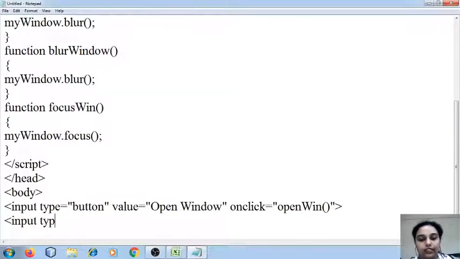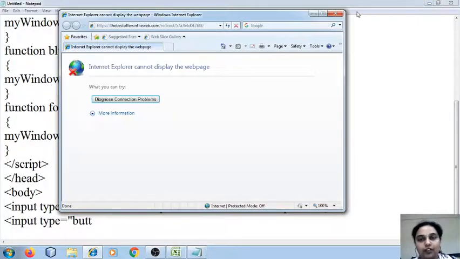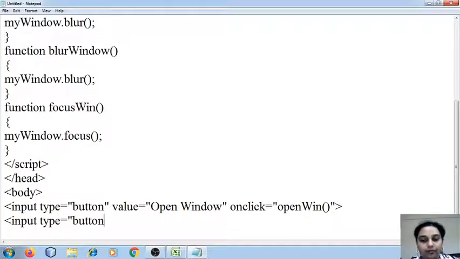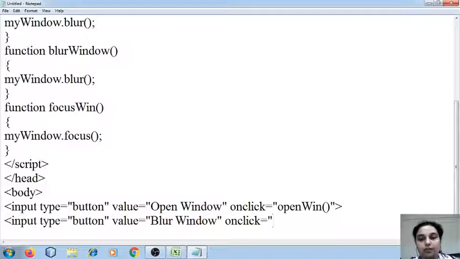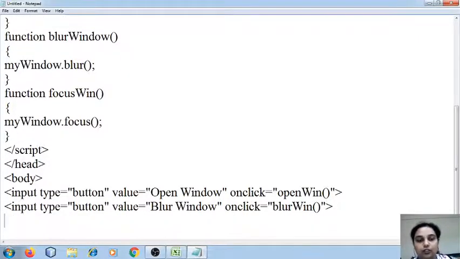Now I want to create a button so that when I click, the window should become blurred. Button, then value is equal to blur window. On click, what should happen? You have to blur. So blurWindow, that is the name of the function. Whatever name you have given as a function, the same thing you need to include.